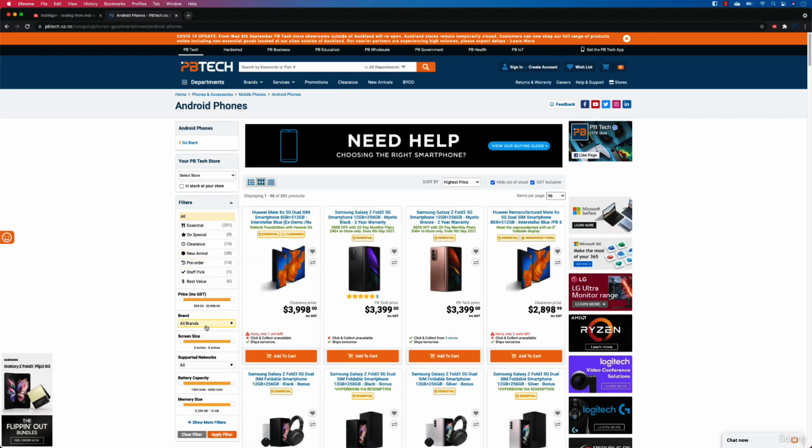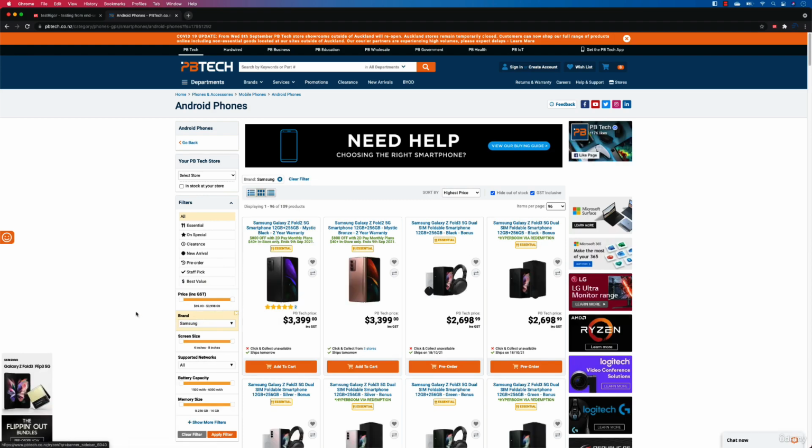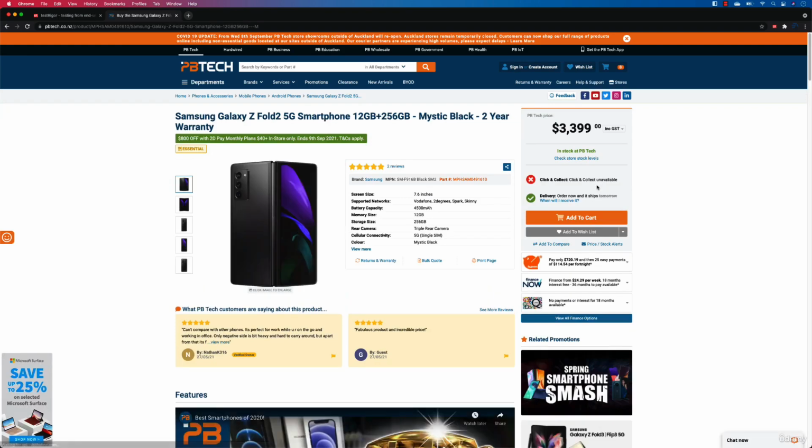So for doing that, I also need to select the brand here. Let's say I go to Samsung, and you can see I'm going to apply the filter here. It's going to bring up all the phones, and I'm also going to select the filter as the highest price. It's already in the highest price anyway, but I'm still going to select the highest price from the filter, and I'm going to select the Samsung Galaxy Z Fold 2 5G, this one, which I'm probably going to